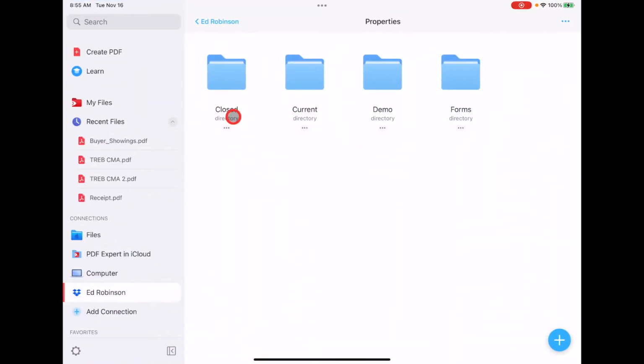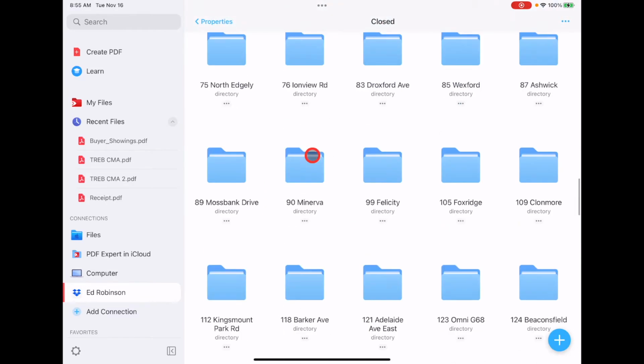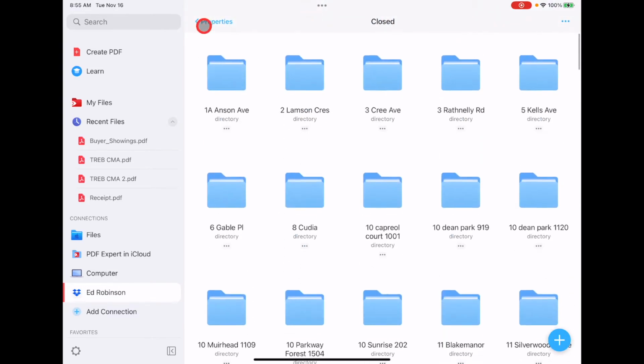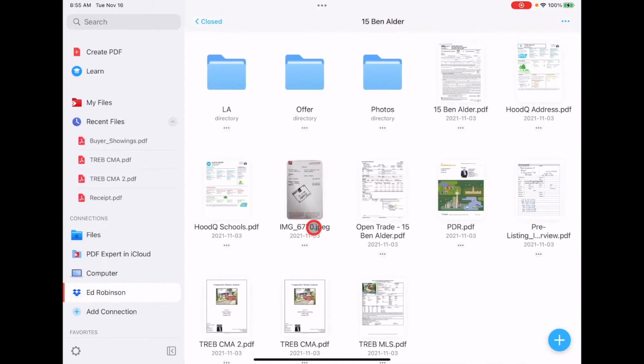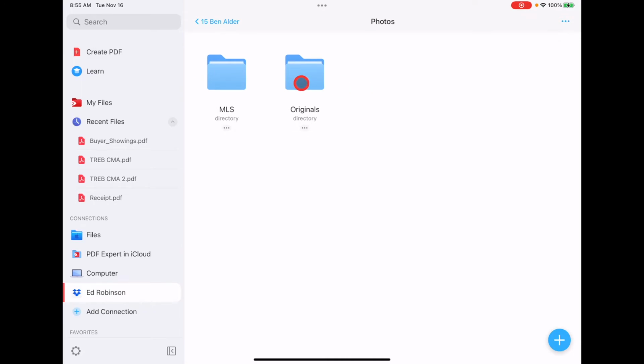If you've taken my classes, you've seen closed, current business, and forms. The closed folder is all the properties that I've sold, so I can refer to them at any time. Let's go into one here. Let's go into Ben Adler here. That's in Scarborough. If I ever talk to the clients, I can say, oh yeah, I remember the house very well. As a matter of fact,